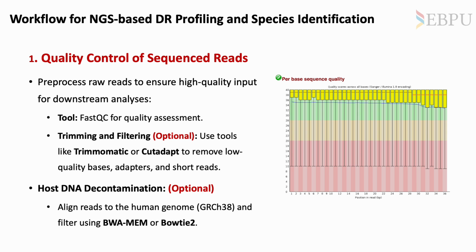The first step in NGS analysis is quality control of the raw sequence reads. We use tools like FastQC to assess metrics such as per-base sequence quality, GC content, and adapter contamination. Optimal steps include trimming low-quality bases and filtering out poor-quality reads to ensure reliable downstream analysis. As shown in the chart, we aim for most bases to have a high Phred score, ideally above 30, indicating accurate